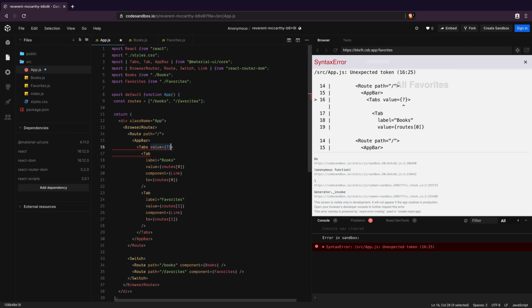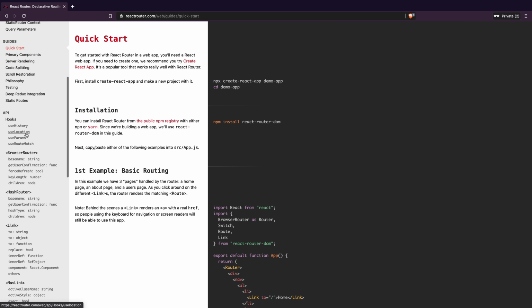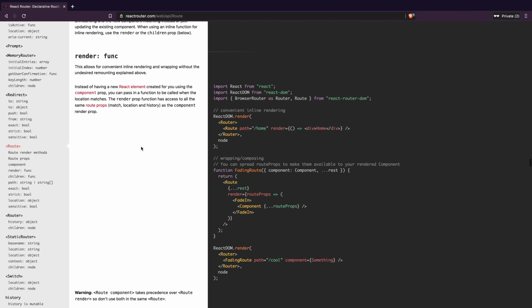But how do I know that dynamically? In order to access that information, I need to have access to the history prop that is provided by React Router. If we take a look at the API documentation for Route in React Router DOM, we can see that it has a prop called render. This render is a higher order function that can display another component. The documentation also says that this prop function has access to all route props, including the history prop that we are looking for. This means if we change our top level route to render the app bar and access the value of path based on the history props, we should be able to access the currently active path, which will serve as a value prop for the Tabs component.